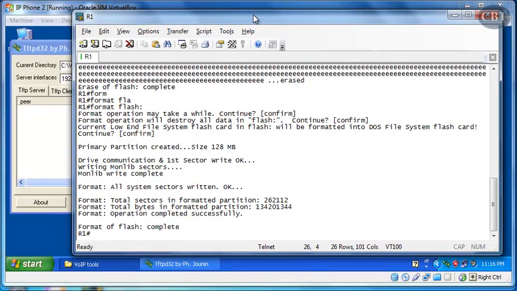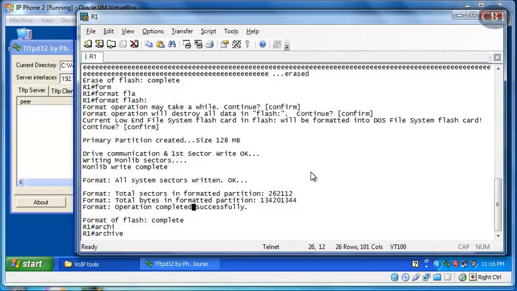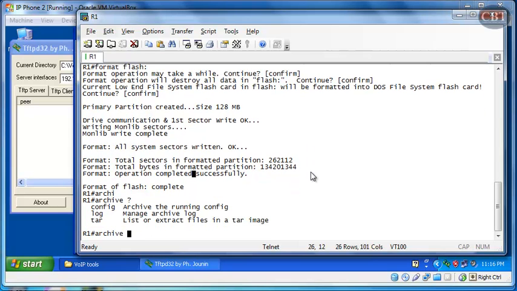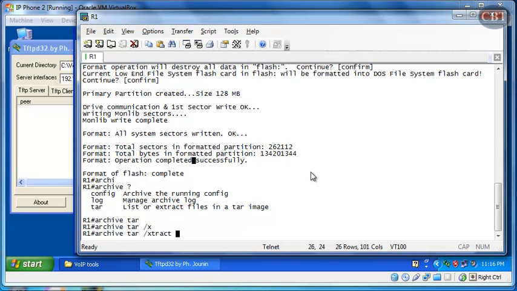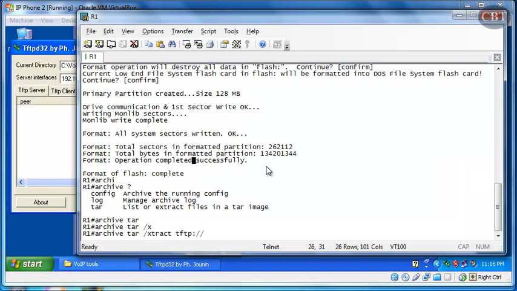Now here we have to transfer that file, extract it from the TFTP server. To do that, I use the archive command. After archive, it asks what type of file you're transferring. It's a tar file, and I'm gonna extract it. Extract from TFTP://. Now what is the IP address? That's the IP address of this machine, 192.168.1.6, then a slash and the name of the file. So here's the name of the file, and a space. Now I say transfer it to flash,